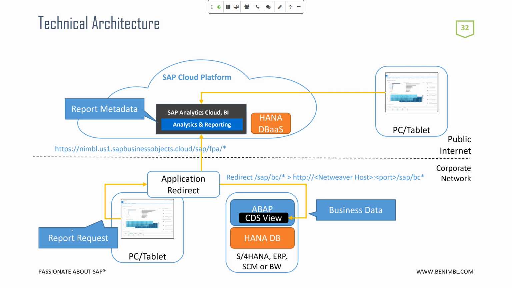Yes, that data, the report metadata, is stored in Analytics Cloud, but the connection to the data is from my browser, right? So from my PC, the connection is navigated. Basically what happens is, in the browser, when the application sees a path of SAP BC and anything after that, it redirects that URL to your NetWeaver host and your ICM port and your SAP connection in SICAF. So when I'm sitting on my tablet or my computer in my corporate network and I'm running a sales report using a live connection to S4, the S4 data connection is from my browser directly